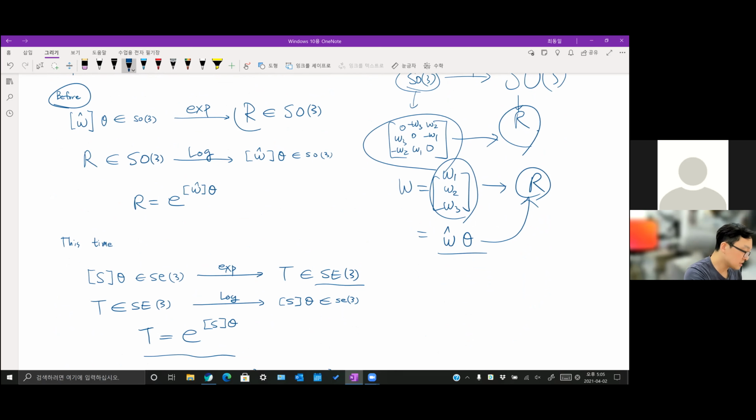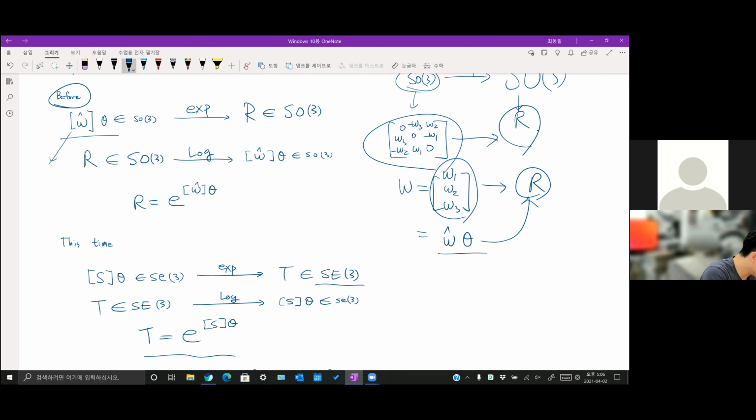So the rotation matrix becomes a homogeneous transformation matrix, and the skew symmetric matrix becomes the twist. Actually, we use the normalized twist here, a screw, and theta. The shape is very similar, but